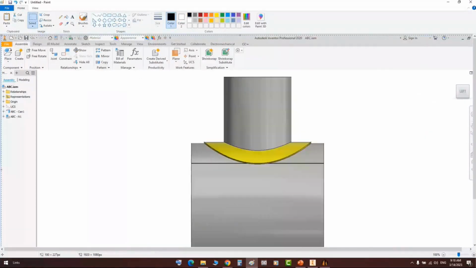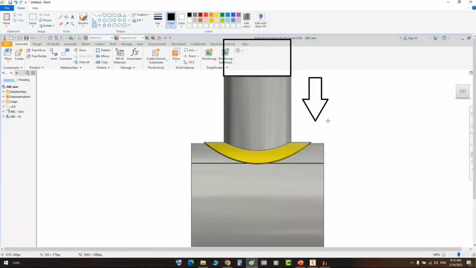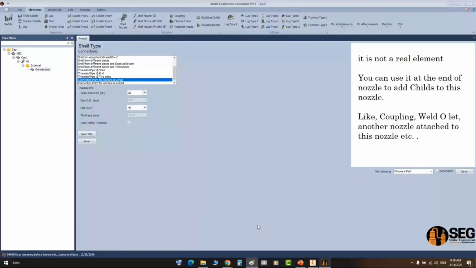Now we create an unreal element at the end of this nozzle like that as another pipe, but without any information, it's not included in the bill of material. And now you would like to add another nozzle. So the same concept, you can use this unreal element to add a nozzle with a negative location. And like that, if we select this connection point and try to add nozzle N2,